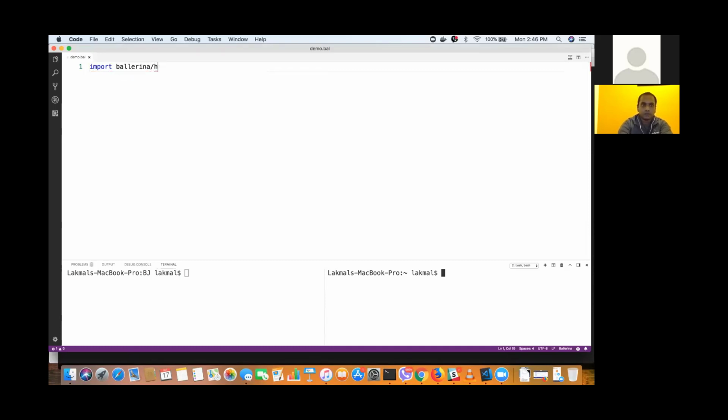Can I quickly interrupt you right here? Sure. You're using VS Code, which is great. And it looks like you have some kind of plugin to pick up what you're doing there. So it seems to know .all. Yes. So we have a VS Code plugin. With each release, we are releasing the Ballerina VS Code plugin as well as the IDEA plugins. So any developer can just install it into their IDE. It will do the code completion and all the suggestions within the IDE itself. Wow, that's awesome.